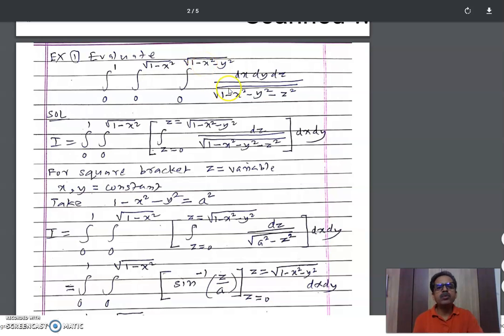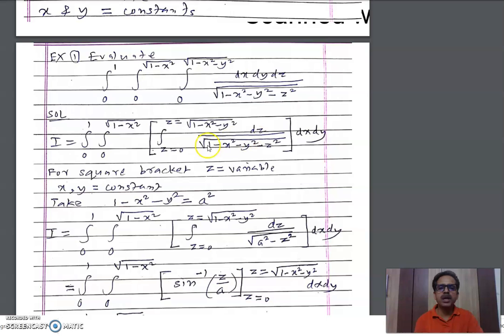That means first we have to integrate this function with respect to z, and these are the limits of z. So first in the square bracket we must write the integrand, then write dz, because the first integration is with respect to z, and the limits are z is 0 to z is under root of 1 minus x square minus y square. The remaining part stays as it is: dz is written in the bracket, then what is left, dx dy, should be written at the right end, and these two integral symbols should be written here.